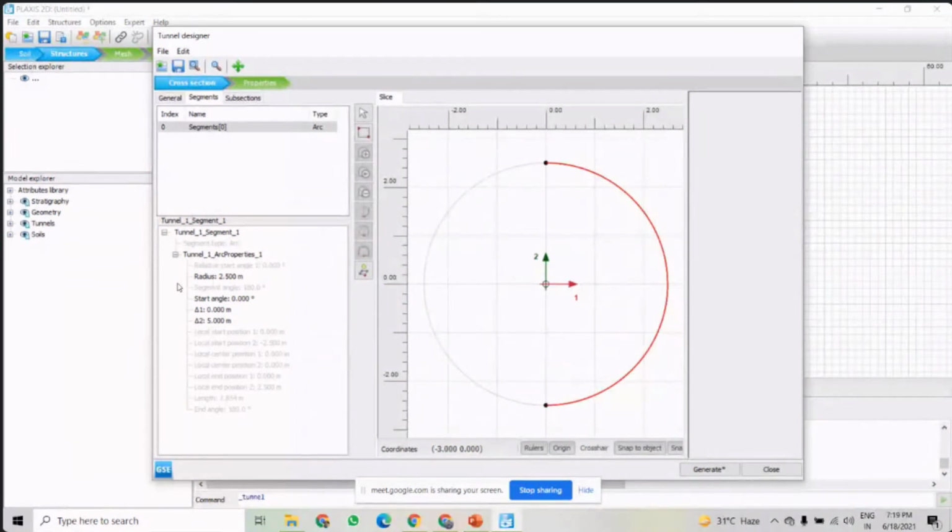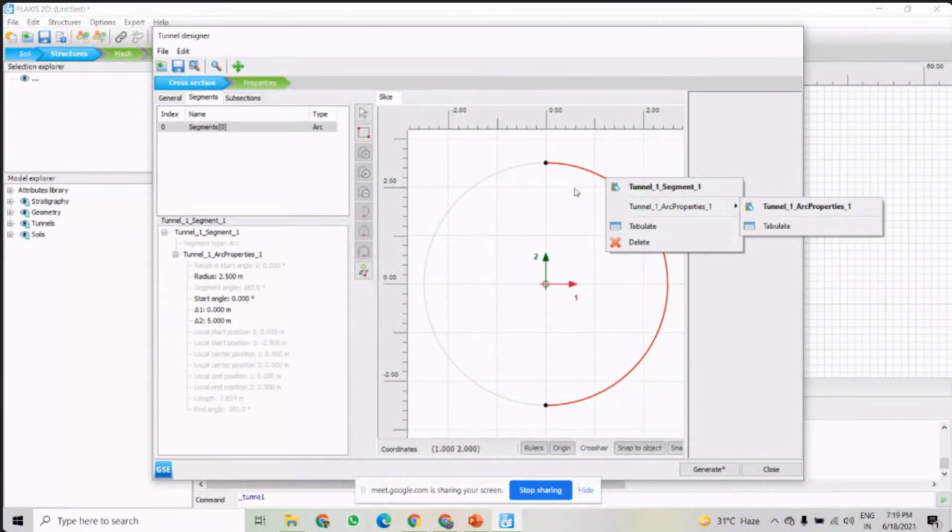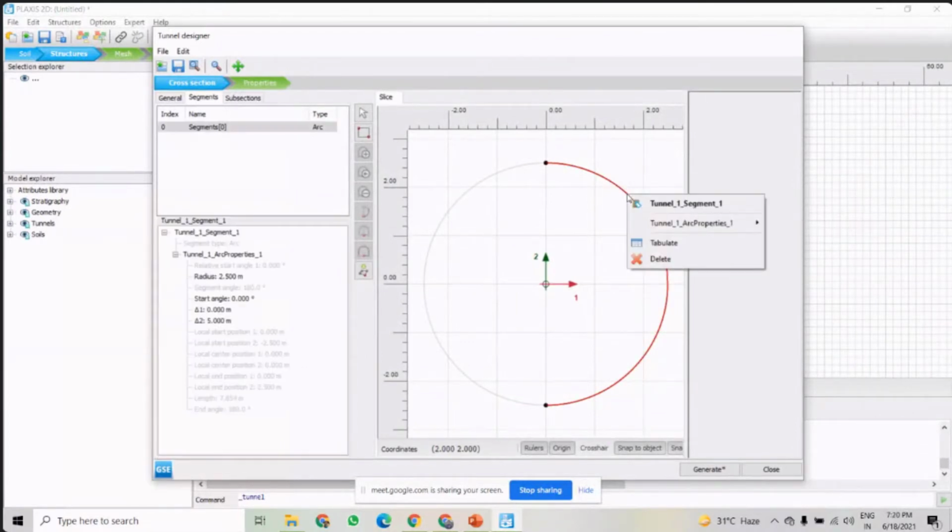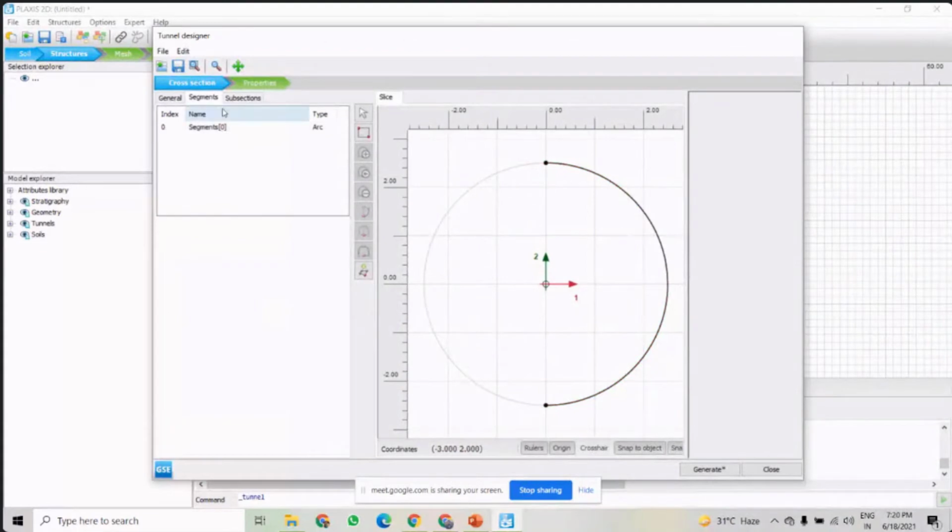Now we have to set the properties of this. So how can we give the properties? We have to create it as a plate. Normally what we are doing is fitting the plate in the tunnel and then the lining of that. So first I will create the tunnel plate of this. Wait until this is done. Next, I have to give the properties of this segment.